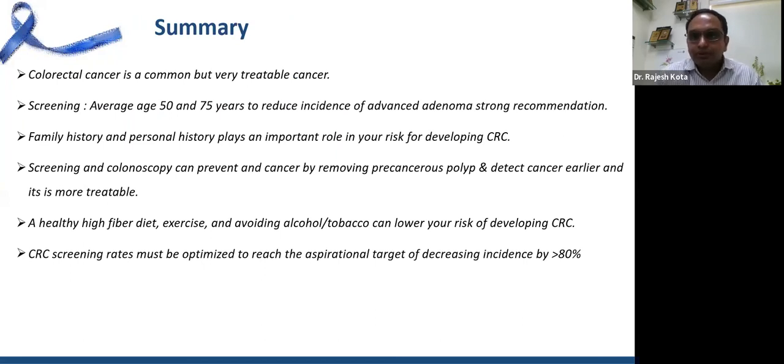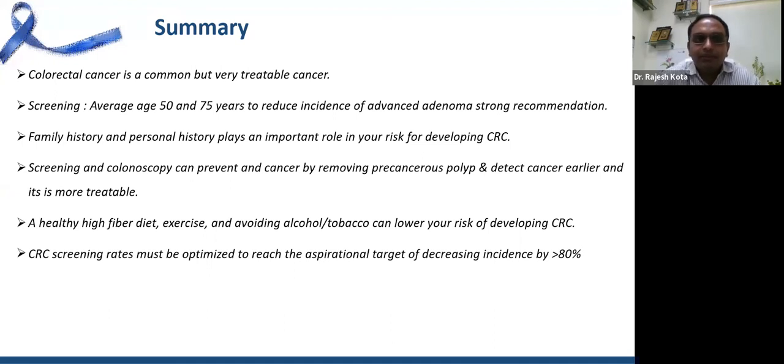So to summarize what we have learned today, colon cancer is a very common cancer. In India itself, we get around 70,000-75,000 new colon cancer patients in a year, and half of them can be prevented. It is a very treatable cancer. Even in later stages, we can try to comfort and palliate them, if not cure them. Screening should start at 50 and go up till 75 for an average risk adult. And if there is a strong family history or history of colonic polyps, screening should start at an earlier age.